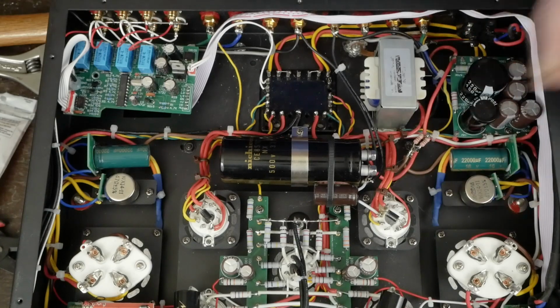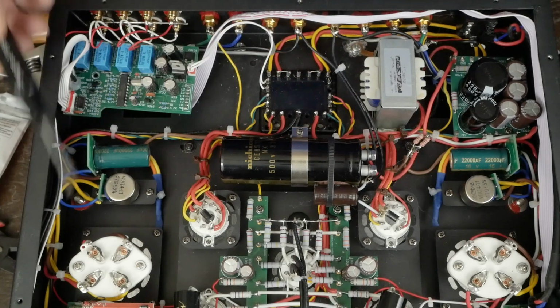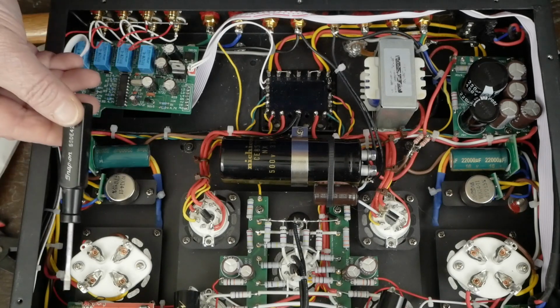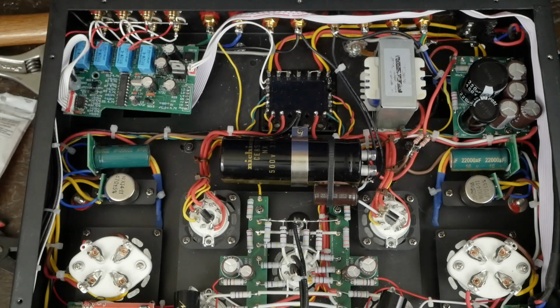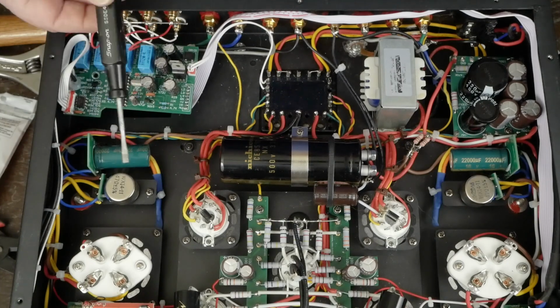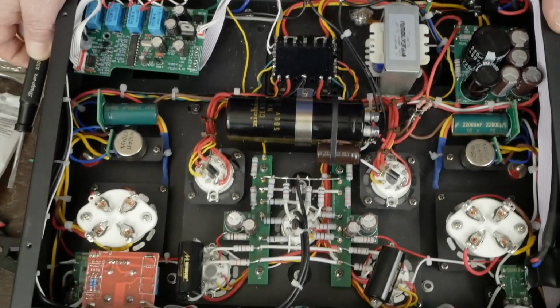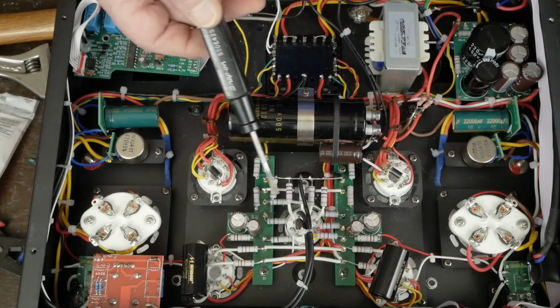And these resistors here just keep the voltage dropped so that we're not super overvolting these 300B tubes. And again, I really don't understand why they did a fixed bias when they've got so much voltage on the plate of this tube. And when I go to work on the other amp that I have here, it might be next summer before I get to that, but when I work on fixing this R300 and deal with sorting out all this wiring here on the front end that is causing the distortion and not enough current to drive